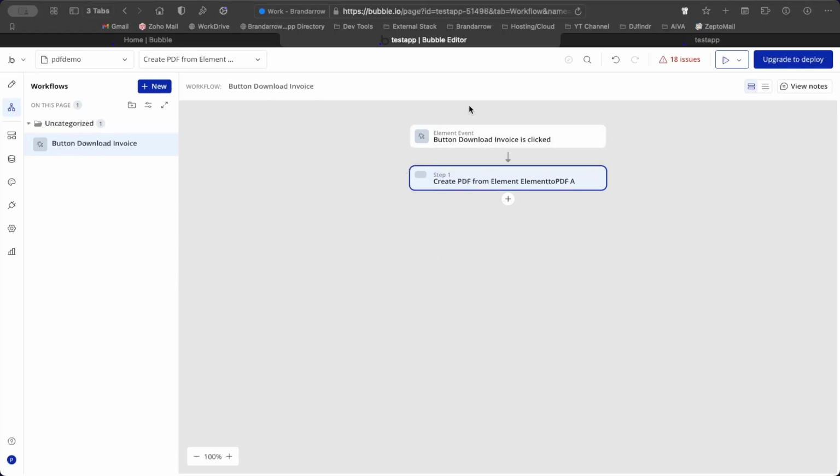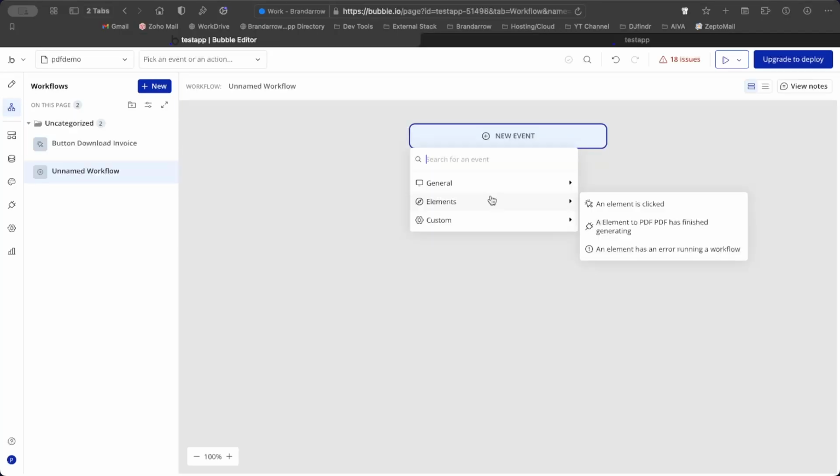So we're going to leave that. Cool. So now when we've done this, what's happening is when the download invoice button is clicked, it's going to create the PDF and upload it. But we also want to open the PDF for the user likely, right? So to do that, we're going to create a new workflow. In our new workflow, we're going to go to new event elements, and we're going to select an element to